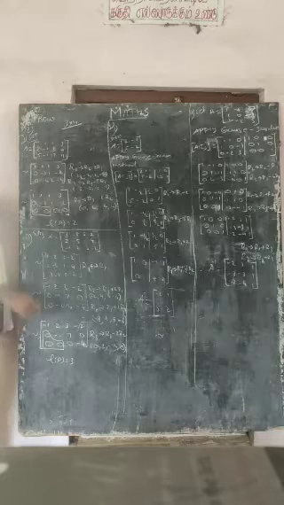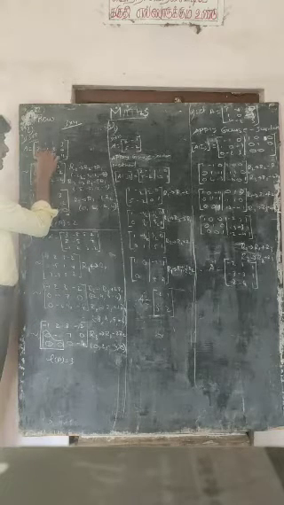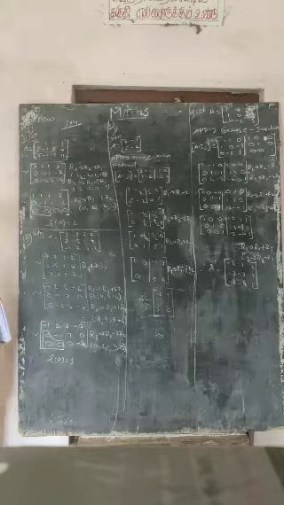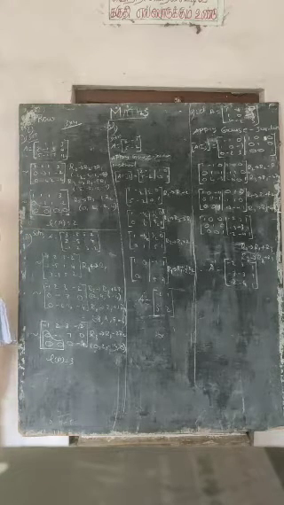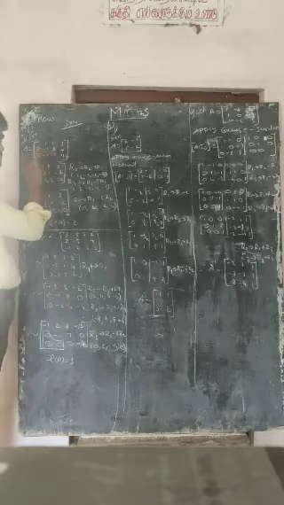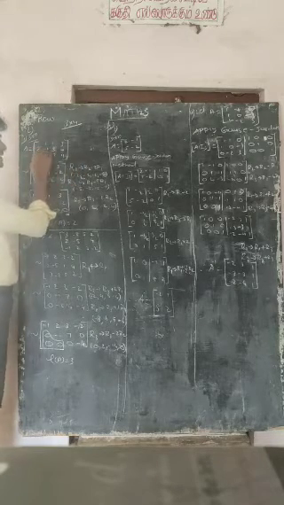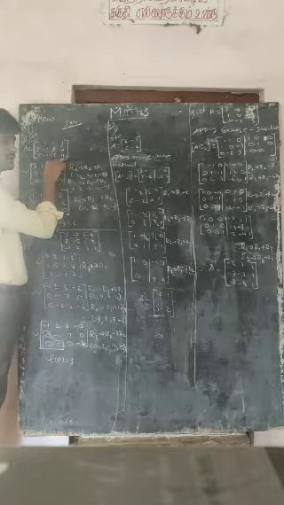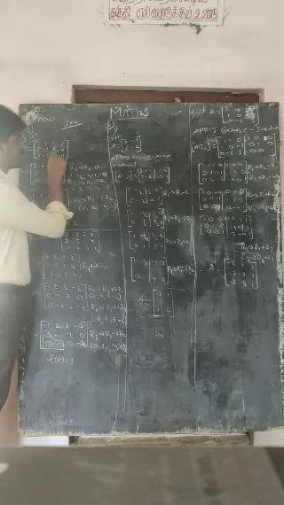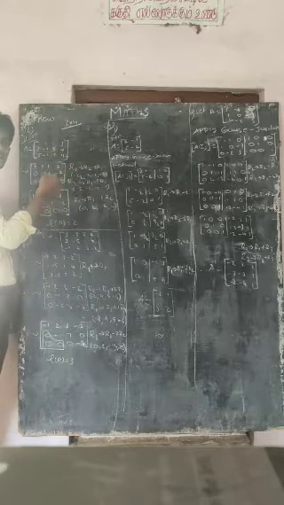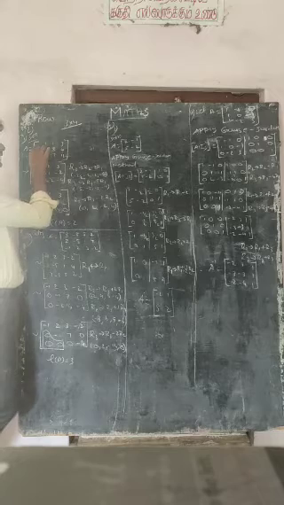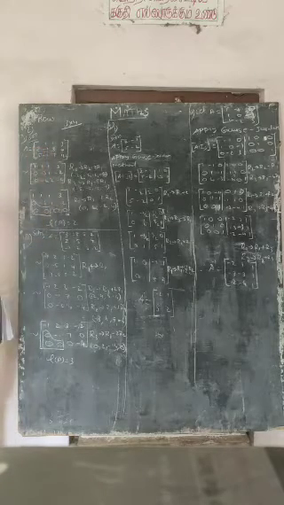என்ன சார் aim அப்படினா இந்த மூணு பிளேஸும் என்ன ஆகணும், 0 ஆகணும். Using the row reduction method, these 3 places should be made 0. At the same time, when making these 3 zero, it may be that this place will be 0, or these two places will be 0, or these three places will be 0. எந்த வேணா 0 ஆகலாம். அத பத்தி நமக்கு கவலையே கிடையாது. But our aim should be these three places will be 0.